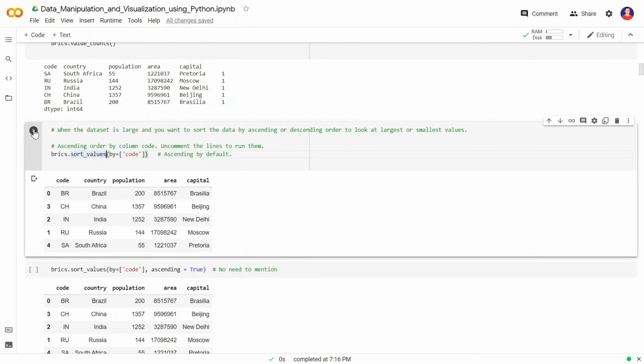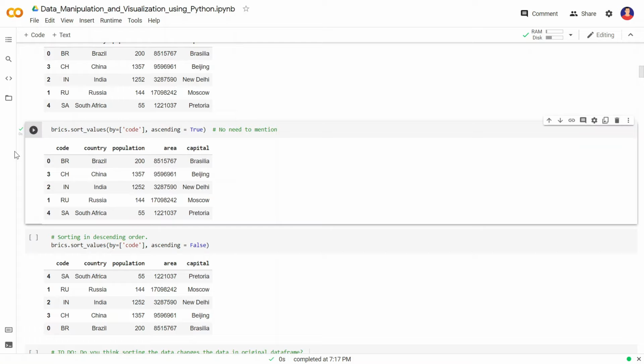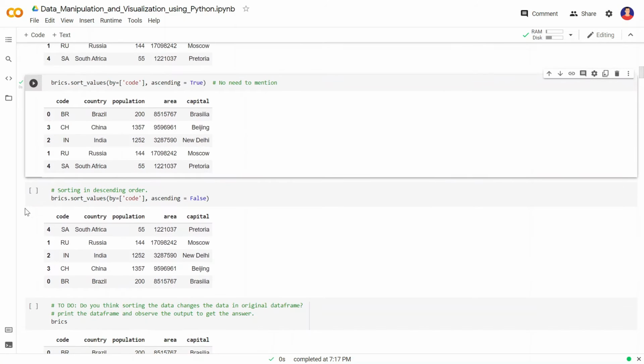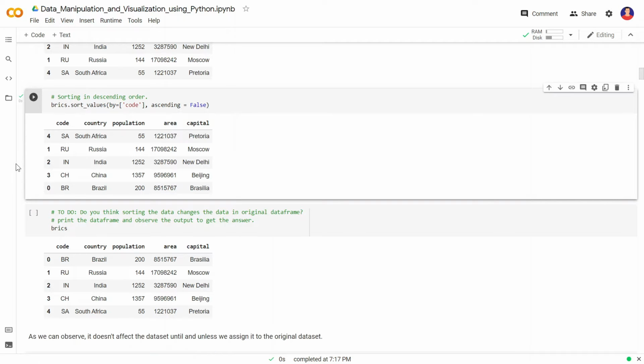So when I apply it, it is sorting in ascending order by default. We can also separately specify ascending equal to true, which will give us the same output. But if we want descending order, then we can write bricks.sort_values ascending equal to false.